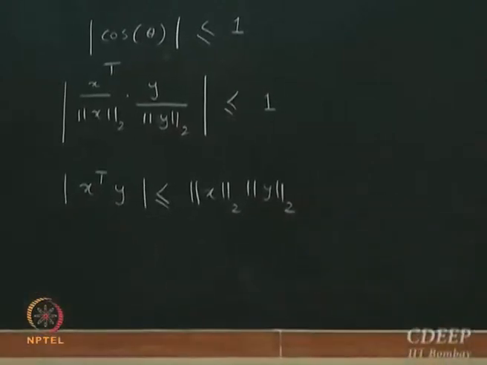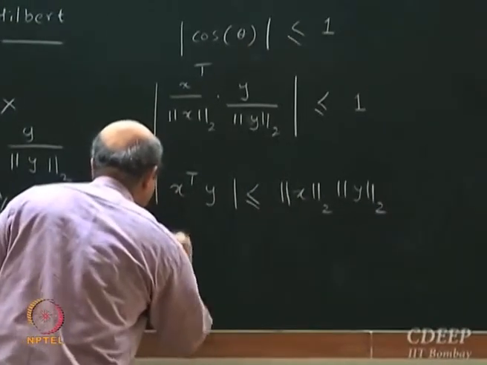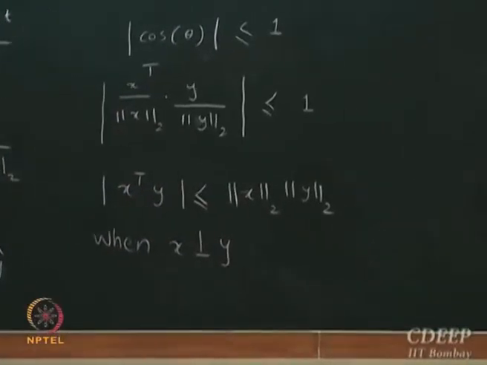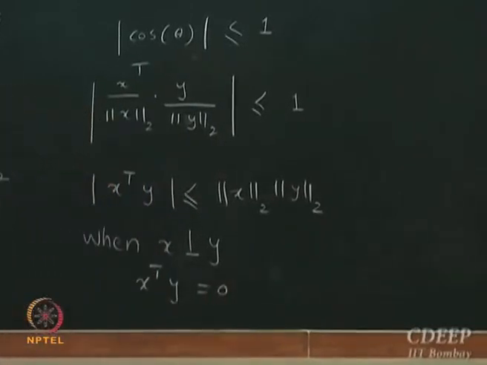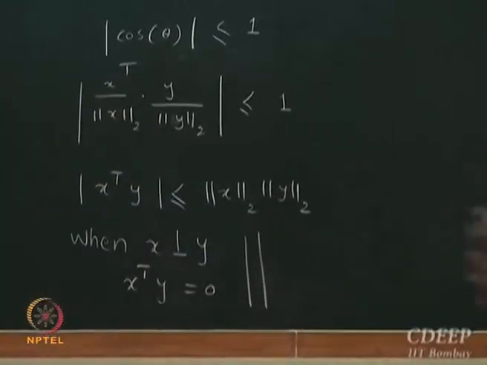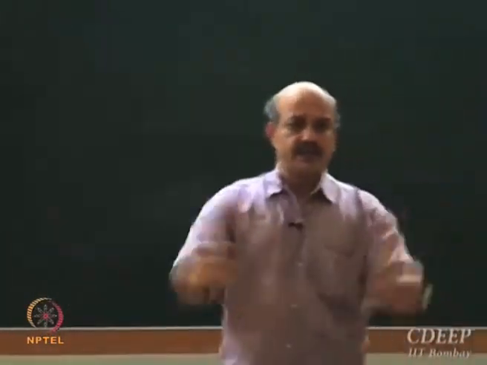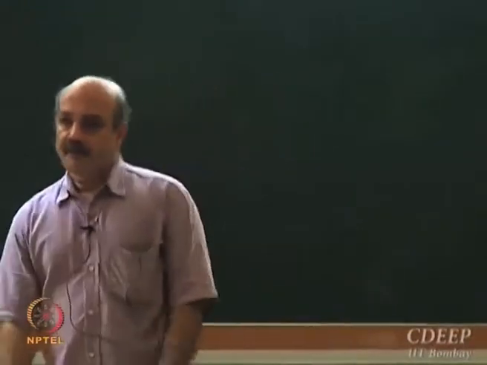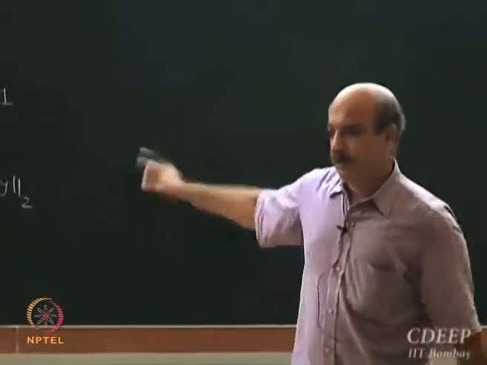And then the important property that we said we want to have is orthogonality. So when x is perpendicular to y, x transpose y is equal to 0. This was very important for us. We extensively used orthogonality. We use orthogonal bases. For example, the most well known orthogonal basis is i, j, k, unit vectors perpendicular along the coordinate directions. So orthogonality is a very, very important property, and we want it.